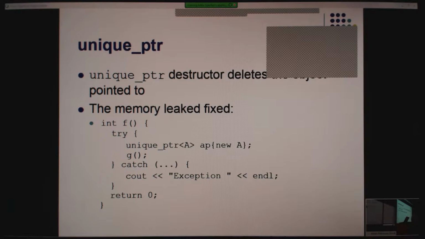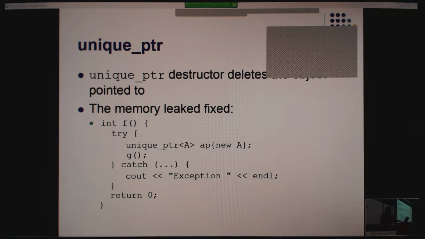Instead of storing the pointer to the new A in a raw pointer, store it in a unique pointer. When the unique pointer goes away, it'll delete the object. And that unique pointer is going away whether you leave F via normal return or via an exception, right?